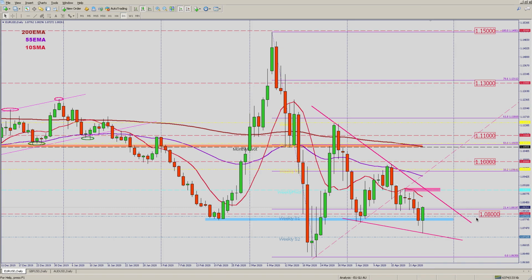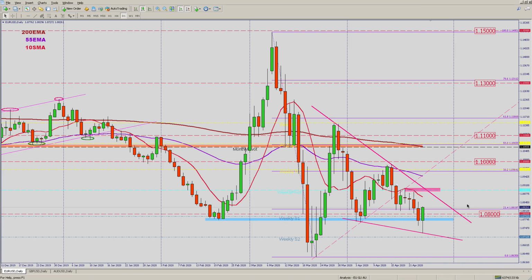Intermediate support at 108, and if it drifts down lower, then it could extend to the weekly S2 for last week at just the 107.12 area. So yes, it could be drifting lower into this apex of the descending wedge,